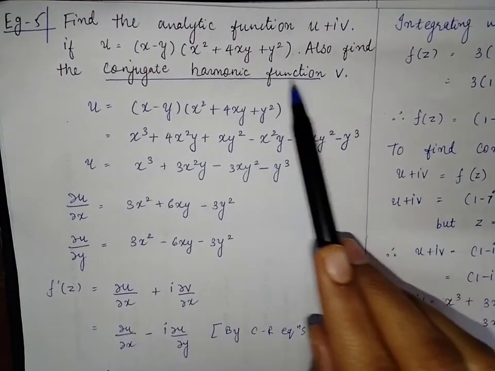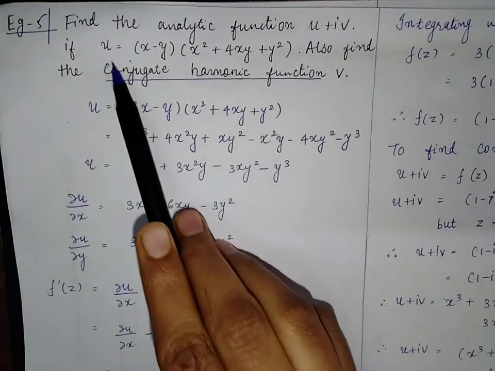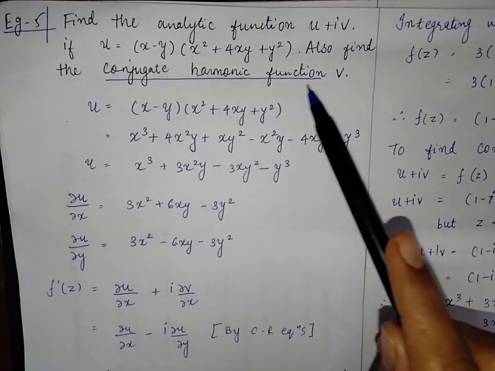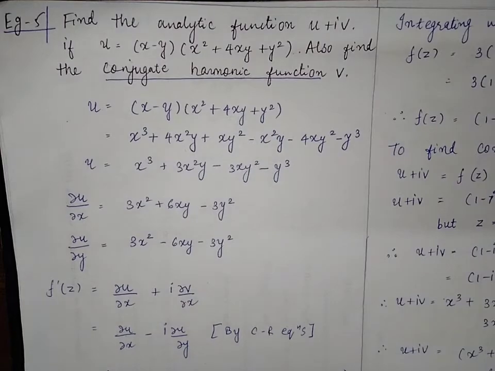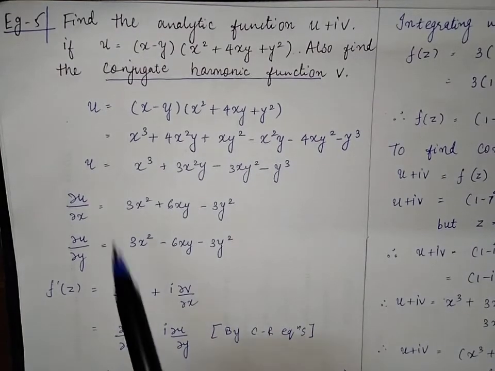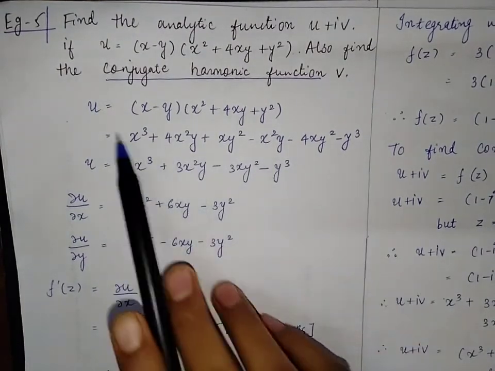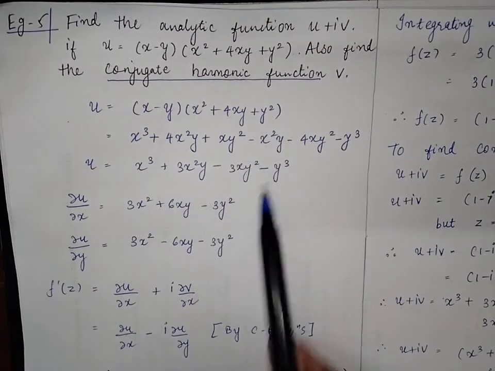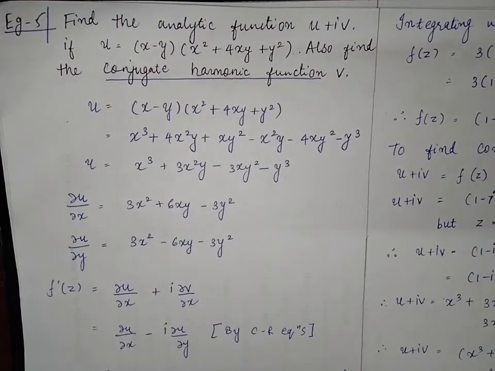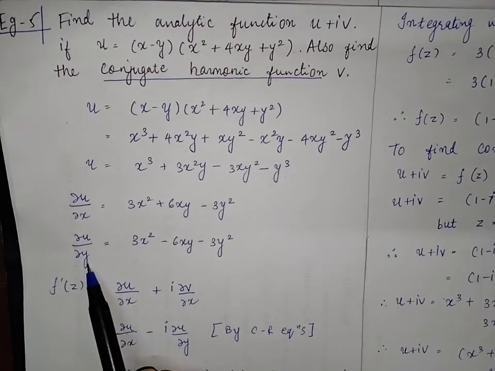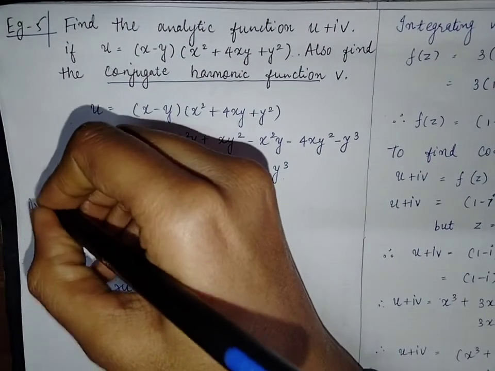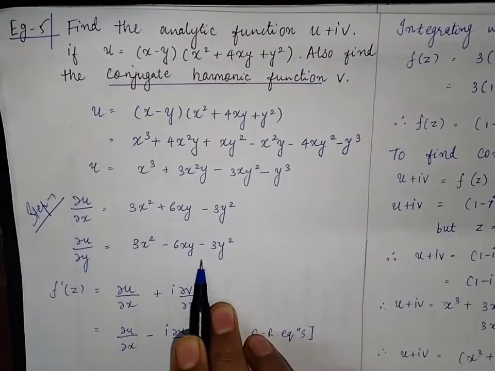v. Definitely it will be v. But if v were given here, what would the conjugate harmonic function be? It would be u. Okay, so now again our u is given, multiplying it we will get this term, and step 1 of the real part is you have to find del u by del x and del u by del y. So according to step 1 you have to find these terms.